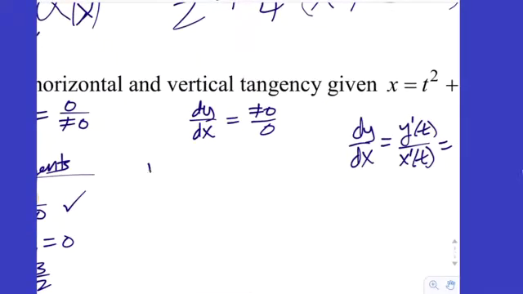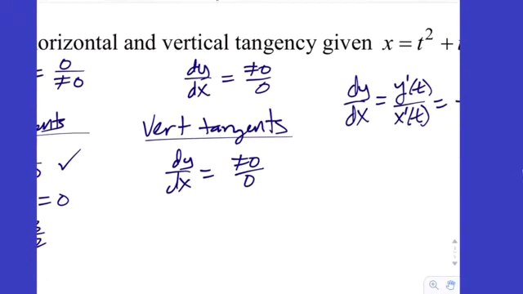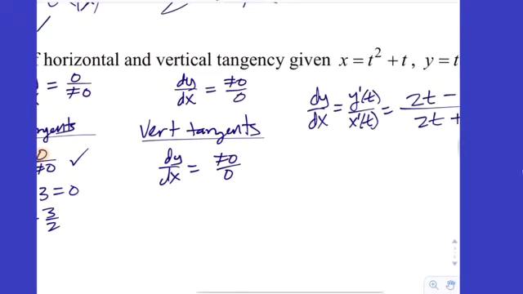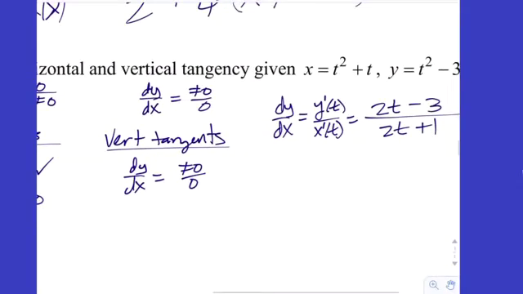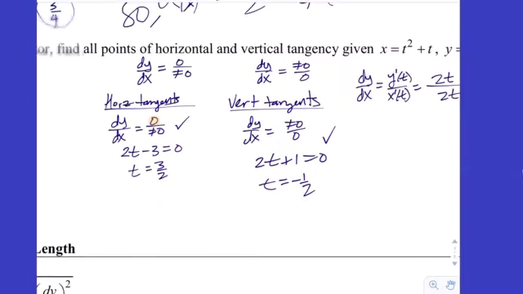All right, and then very similar here for the vertical tangents. I'm going to write it out again. That's when dy/dx is non-zero over 0. Remember, if something makes both the numerator and the denominator 0, we throw it out, because that's going to be a cusp. That's not going to be a vertical tangent. And so that's essentially setting the denominator equal to 0, 2t plus 1 equals 0. And again, you'll get a check for that, and that's when t equals negative 1/2. So at this point, if you did both of them, if you had a t value show up in both calculations, you would throw it out. But we got two distinct t values, and so